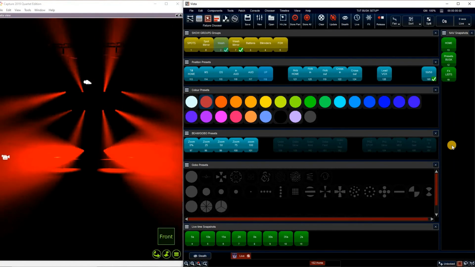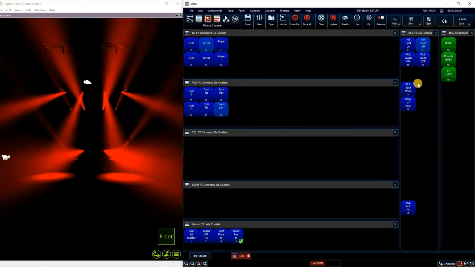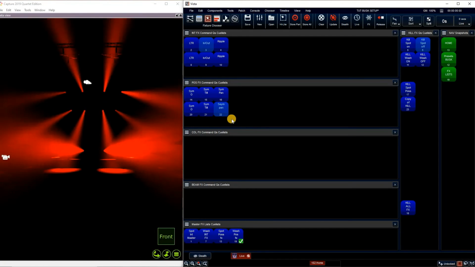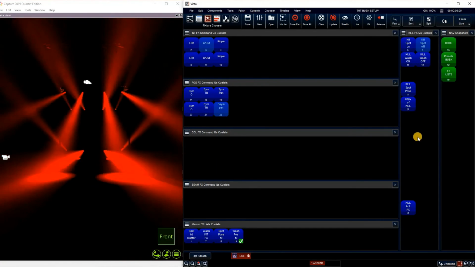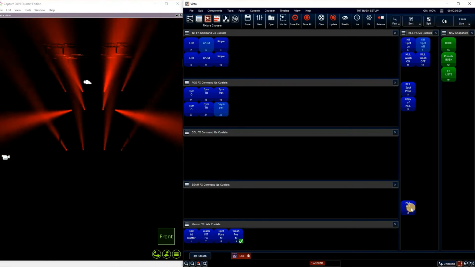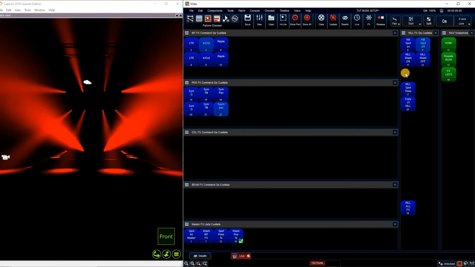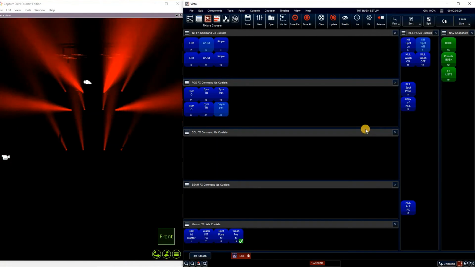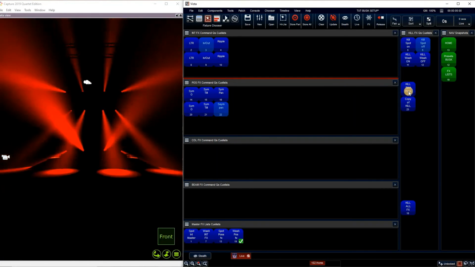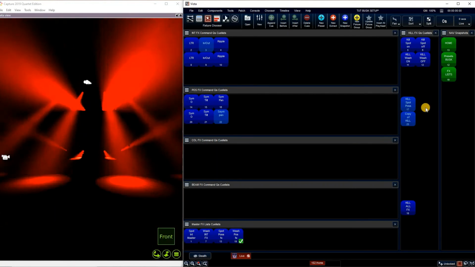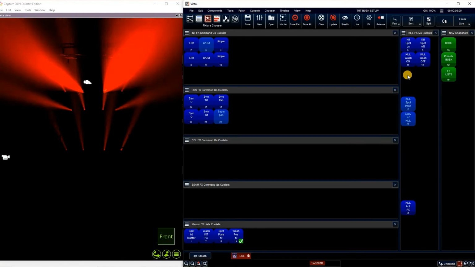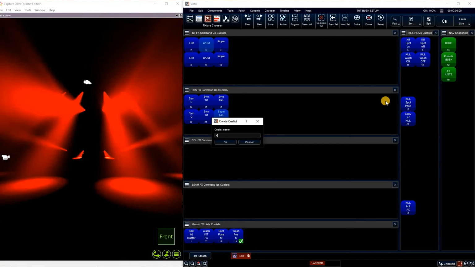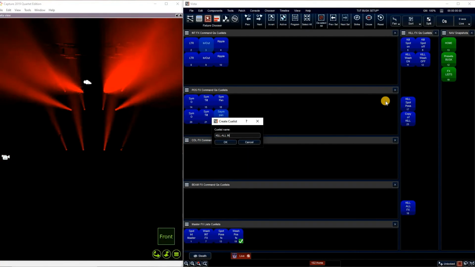So the very last thing that we're going to look at is basically release by types. So now that we've got some intensity and some position effects going, and we have a kill everything, now we can add in things like kill just intensity effects or kill all position effects. And it's as simple as just making another queue. So we'll right click here, go to create new queue list, call kill all intensity,